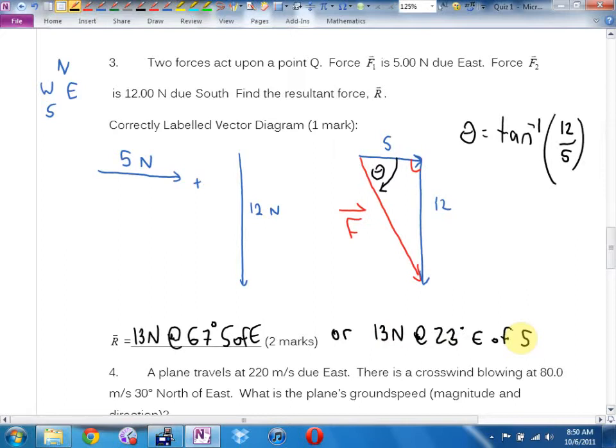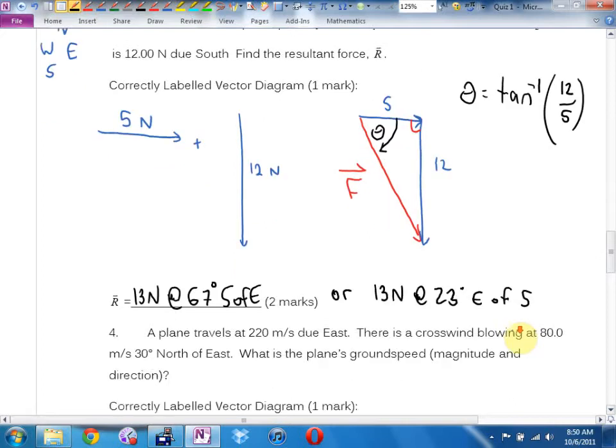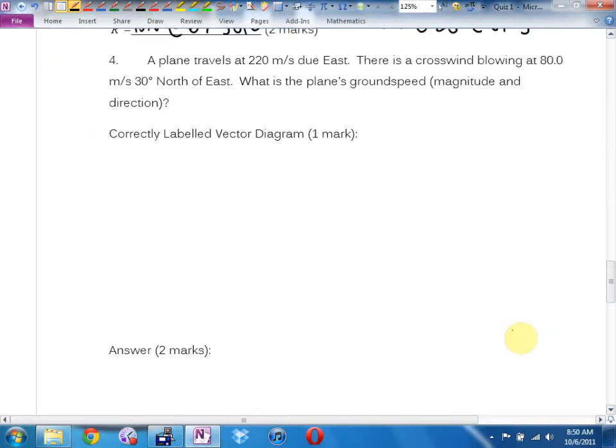Okay. I thought 4 was probably the toughest question on here. A plane travels at 220 meters per second due east. There is a crosswind blowing at 80 meters per second, 30 degrees north of east. What's the plane's ground speed? So here's what we said. Our thinking was